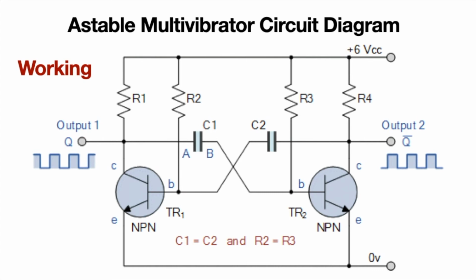Now transistor Q2 is in on state and Q1 is in off state. The state is totally inverse. Here we come to the second state of astable multivibrator. Now in this particular second state, if we check the voltage at point Q and Q bar, output Q and